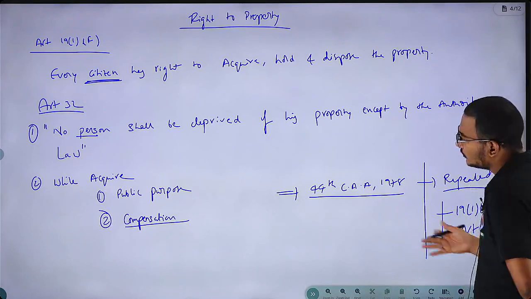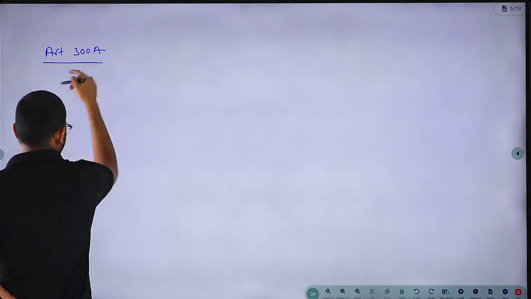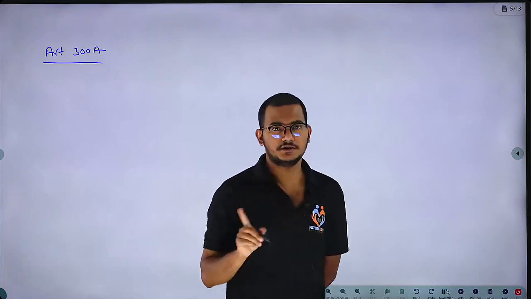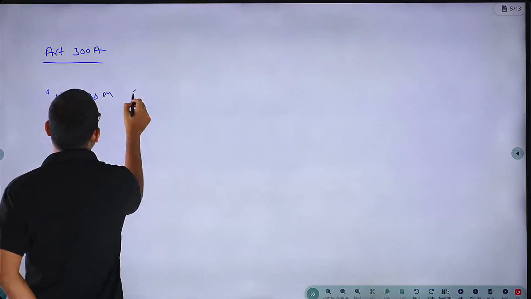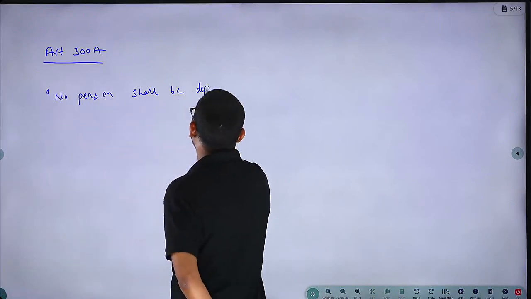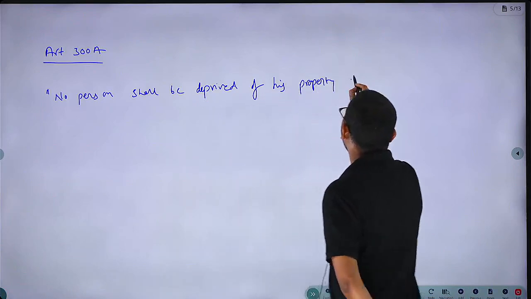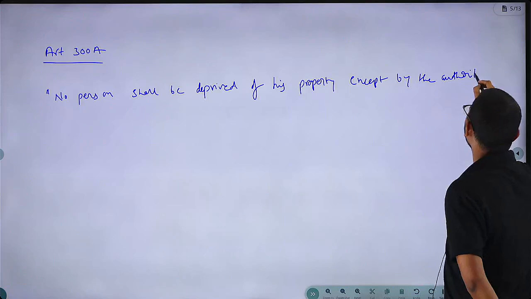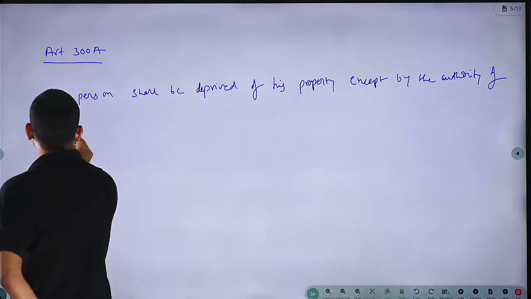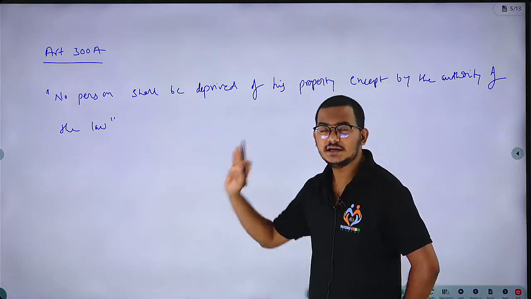Article 32, both we have removed, and we replaced right to property in article 300A. Article 300A, which means now this is a constitutional right, not a fundamental right. Here what happened is, same text has written: no person shall be deprived of his property except by the authority of law. And here they are not talking about the public purpose, and here they are not talking about the